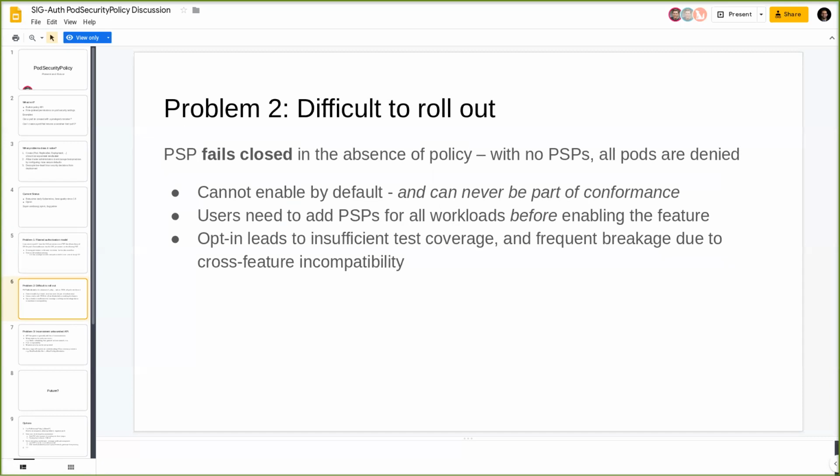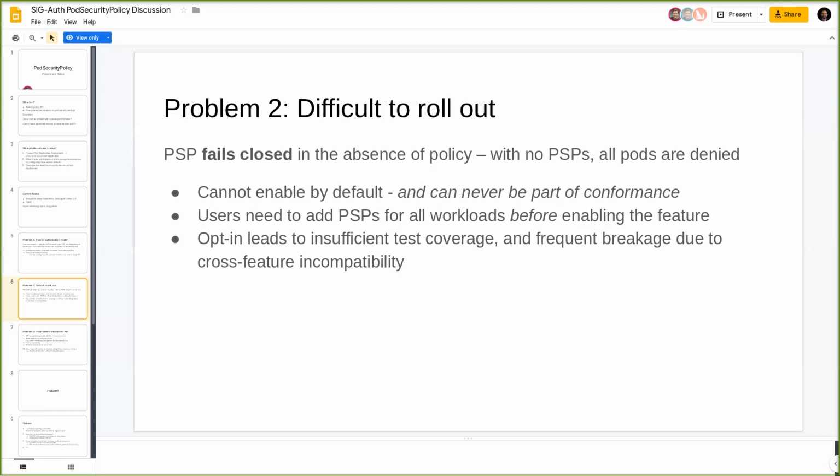This is generally considered a desirable property for security. This means that, by default, once you enable pod security policy, you are secure unless you've explicitly granted access to something. But it means that it's very difficult to roll out pod security policy,